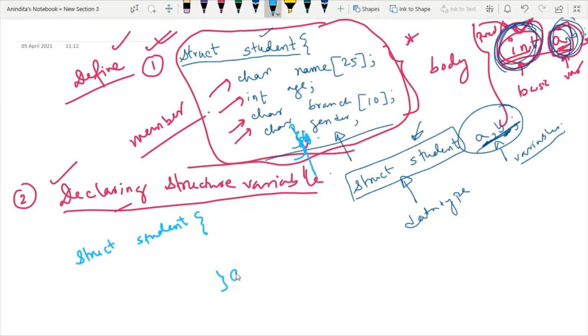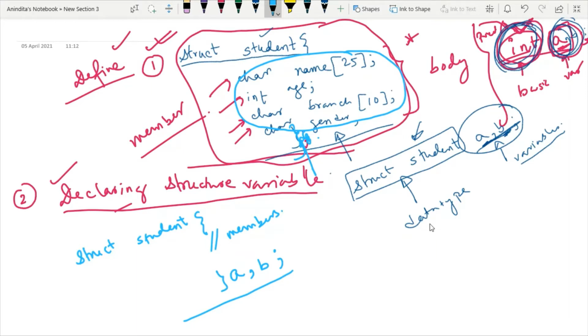And here you just write the variables that you want to include as structure variables, and then you end the structure. So these are the two conventions that we will follow.